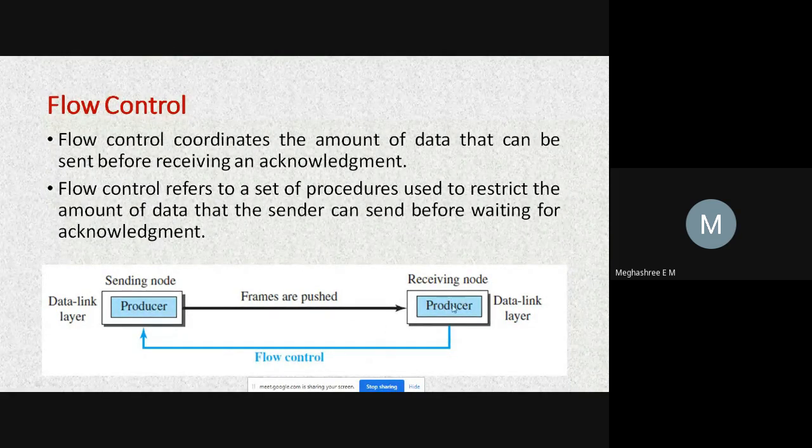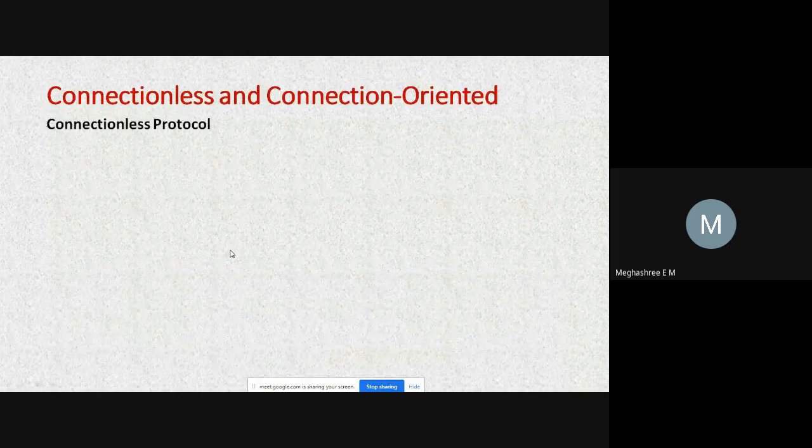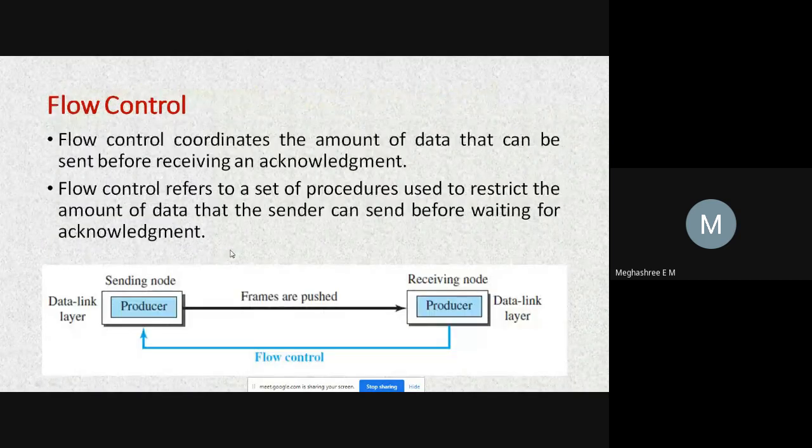Depending on the capacity of the receiver, the sender should send the frames to the receiver end. If the receiver is not able to receive the data, then the sender has to slow down or stop sending the data. That is all about flow control. After flow control,